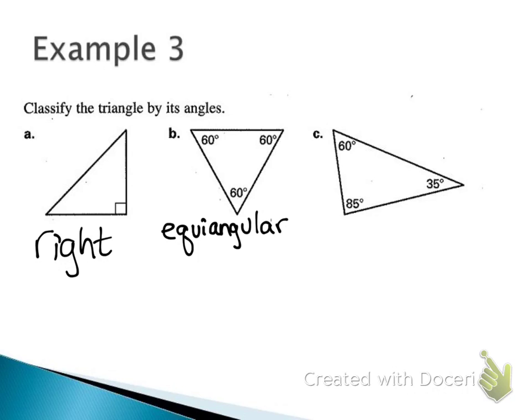But for it to be equiangular, either they're all going to be marked with 1 arc like they were in the diagrams above, or they're all going to be labeled as 60. What's the difference between equal and